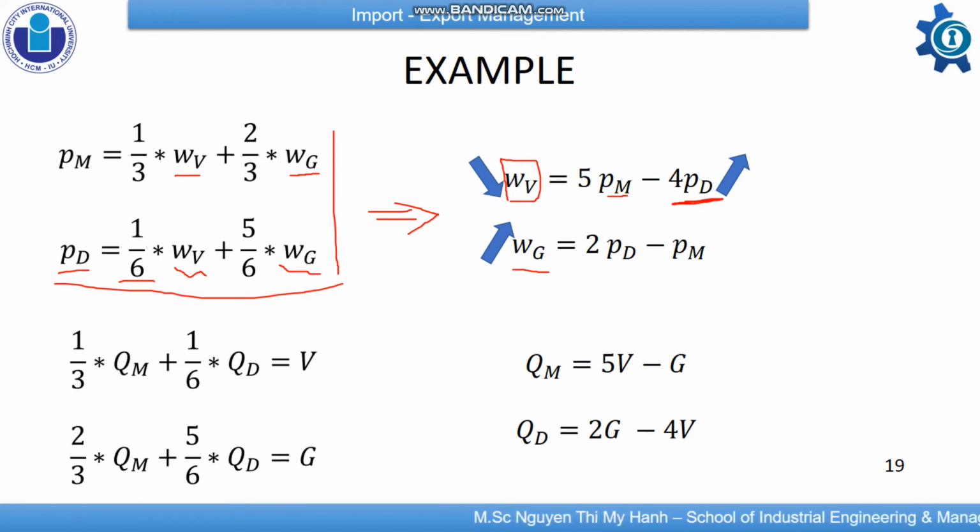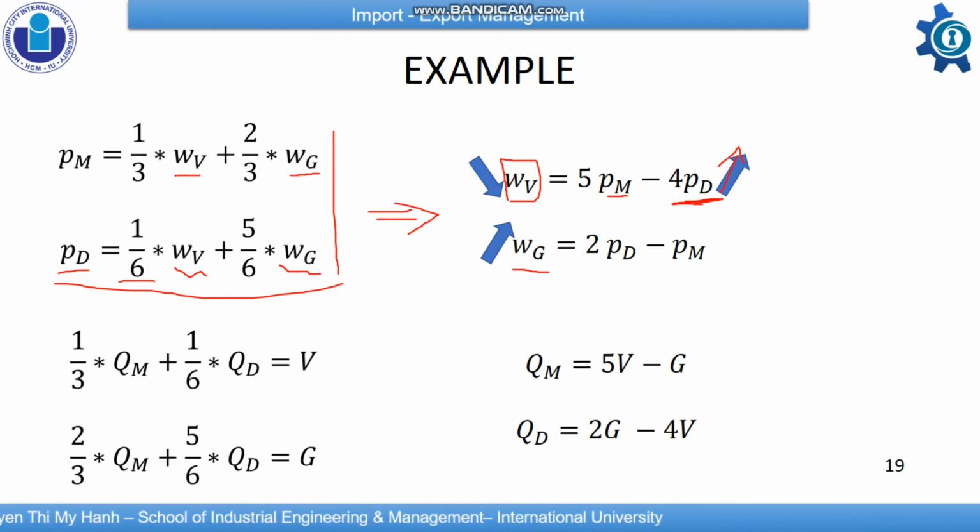So here we see if the price of dry martini increases, the wage for vermouth will decrease. However, the wage for gin will increase. Okay,